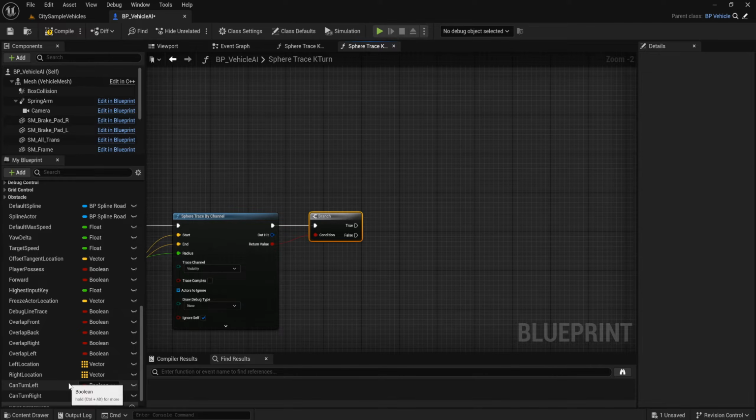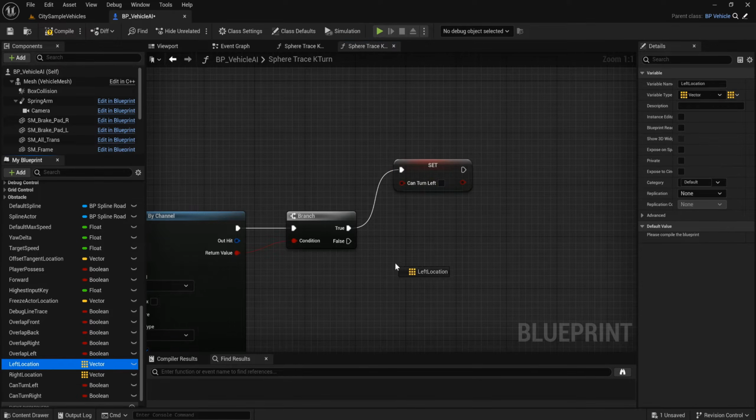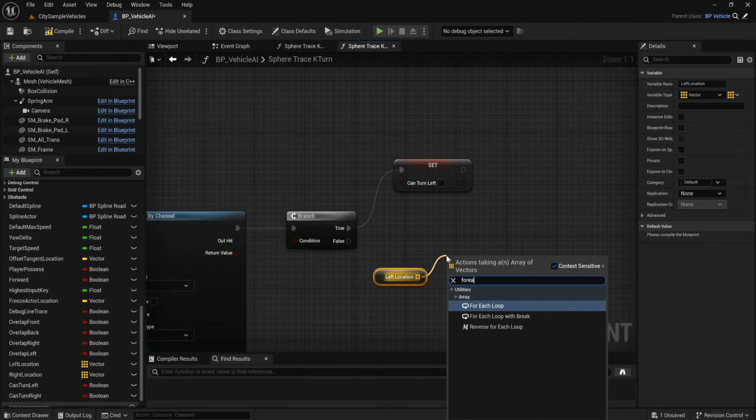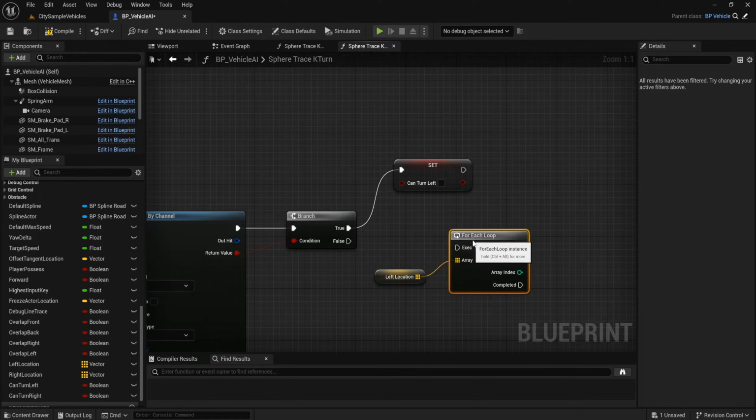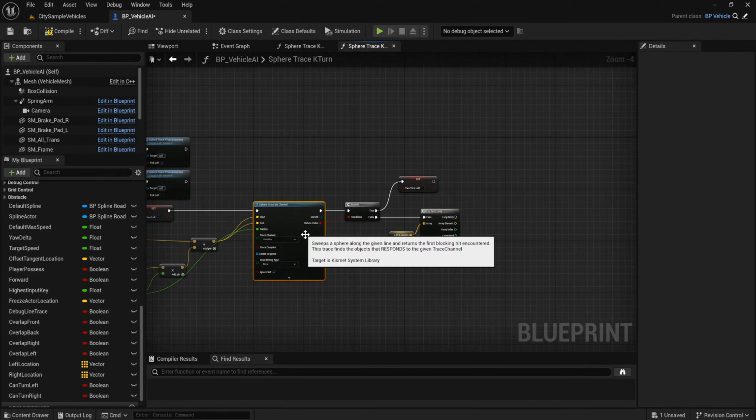Call can turn left and set it to false. Get left location from the array for each loop. Copy the sphere trace